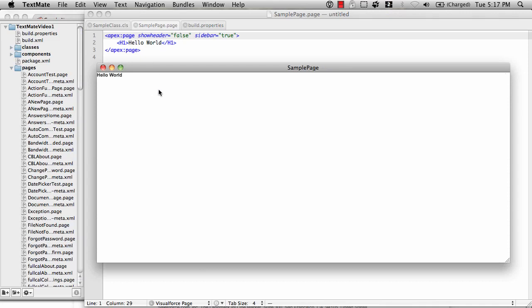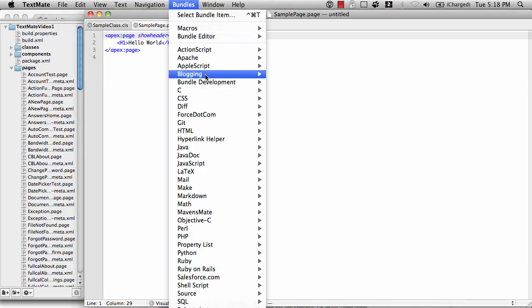So it's a little bit convenient. A lot of times you might also be logged in Chrome or something like that, but if you wanted just to be able to quickly access aspects of your org, you can do that just within TextMate. So there's a few others. Go back to